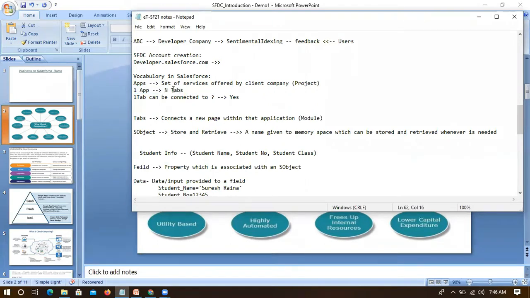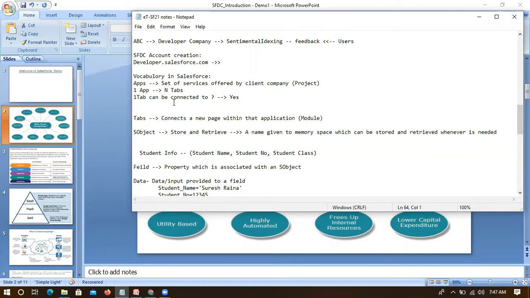A tab is nothing but something which will just redirect to another page. It is just a module. Likewise, we can have multiple modules within a single application, with multiple tabs.